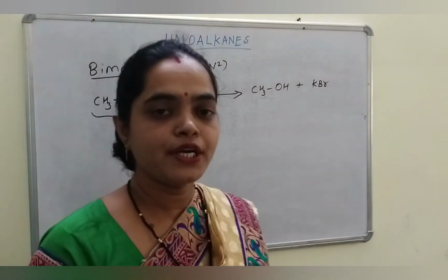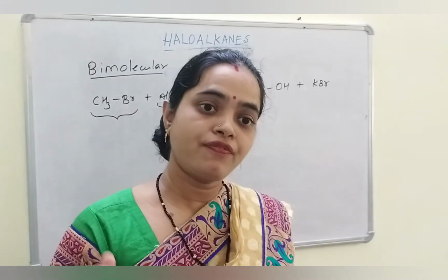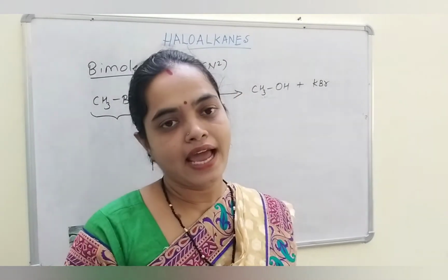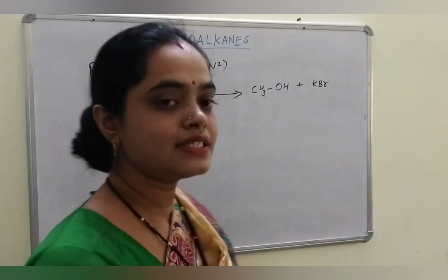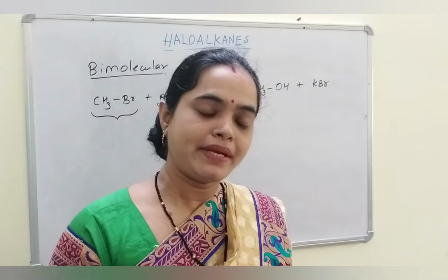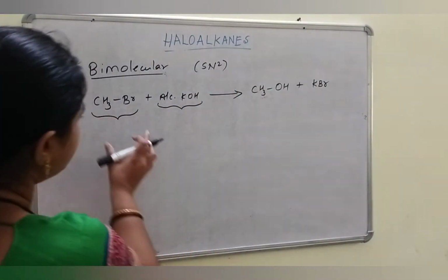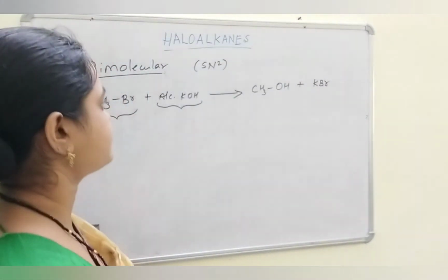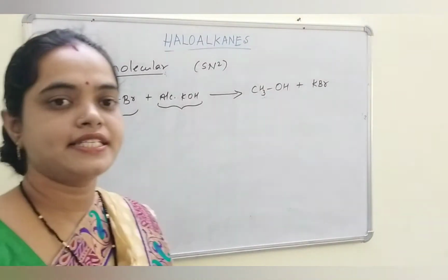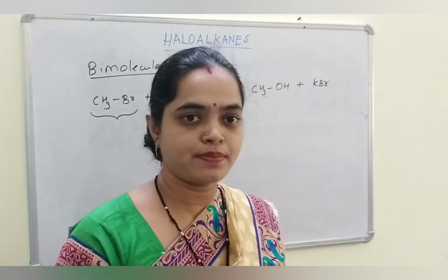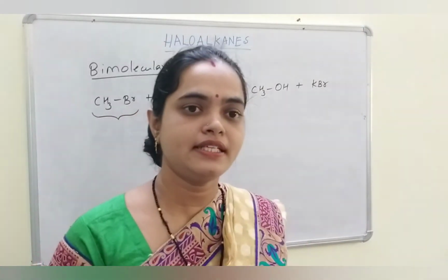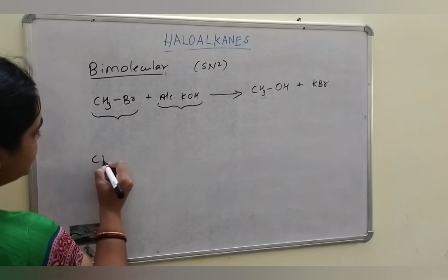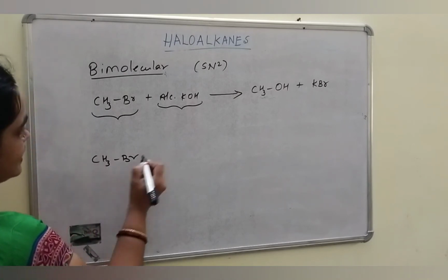KOH. I have already told you that SN1 follows first order kinetics, that means the rate of reaction depends upon only the tertiary alkyl halide. But here it follows second order kinetics, that means the rate depends upon both the concentration of alkyl halide and the concentration of KOH. In a first order reaction, the mechanism occurs in two steps, but in this, the mechanism occurs in a single step.